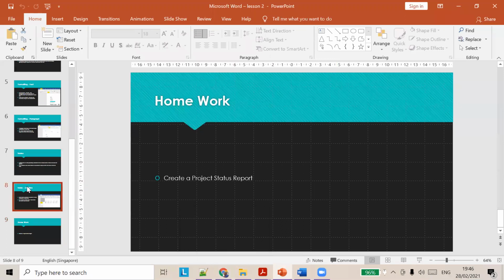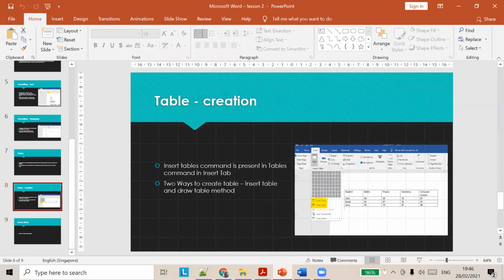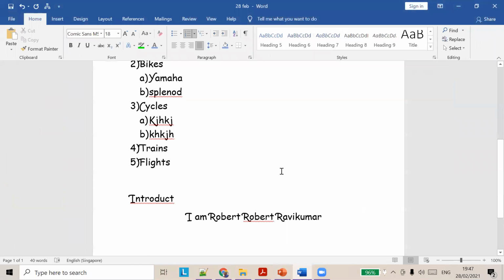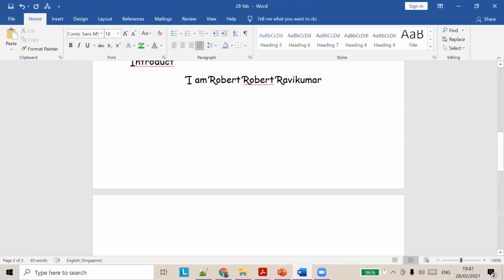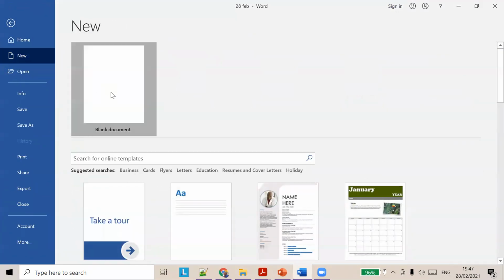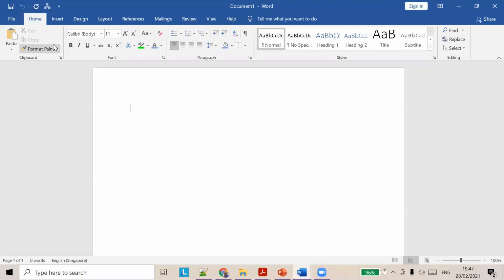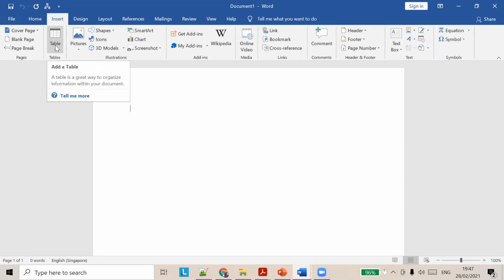So now we'll see how to create tables. As I told you, under the insert tab, we have a command called table.